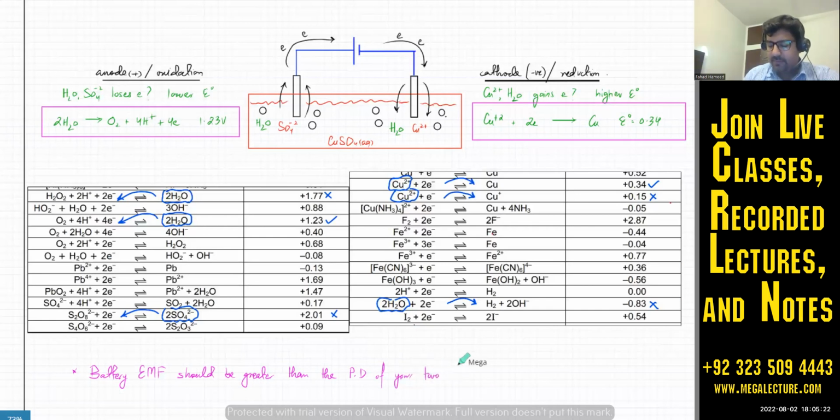The battery has to be more powerful. Then electrolysis will happen. So that's one minor point. Otherwise, the circuit will not work. If the battery has a lower voltage, then it won't be able to drive electrons the way it is doing in this